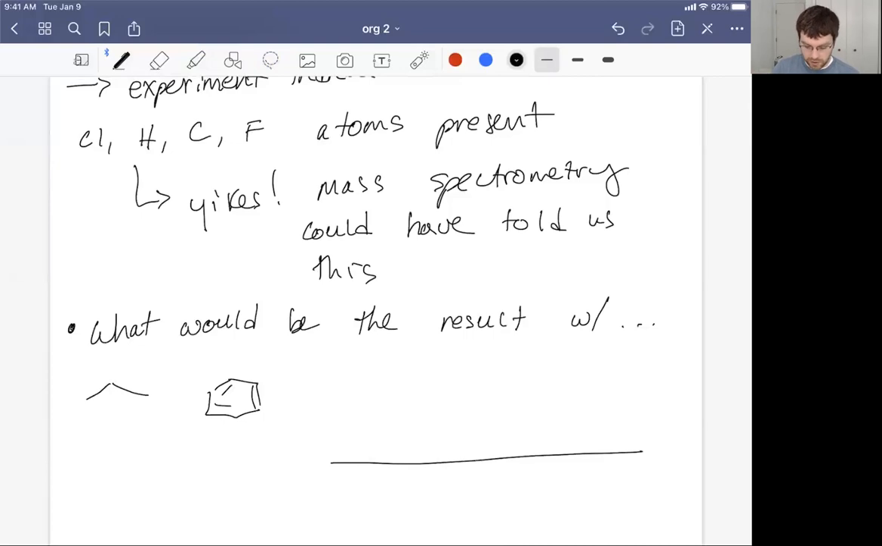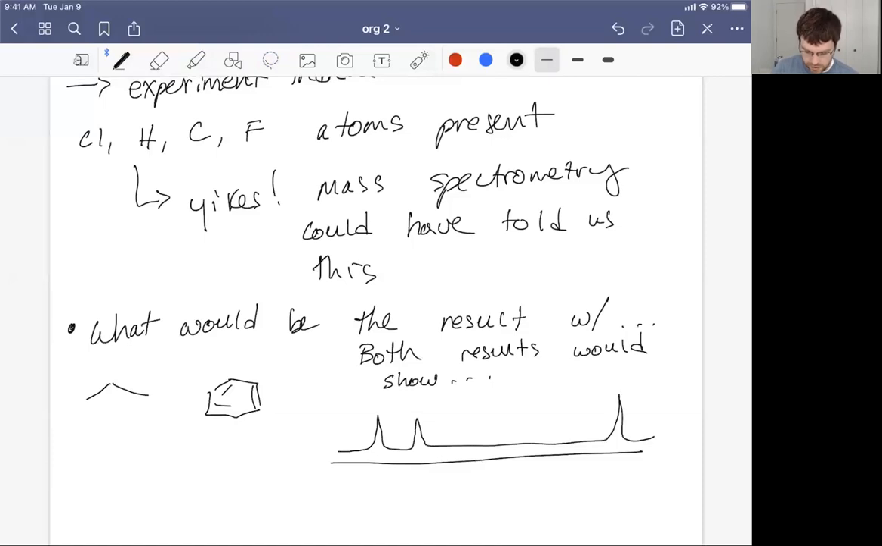Okay, now if we look, both results would show this. We would see a peak at 45, a peak at 75, and then a peak at 300. 45, 75, and 300. So both of these, even though these are vastly different molecules that are still fair game,